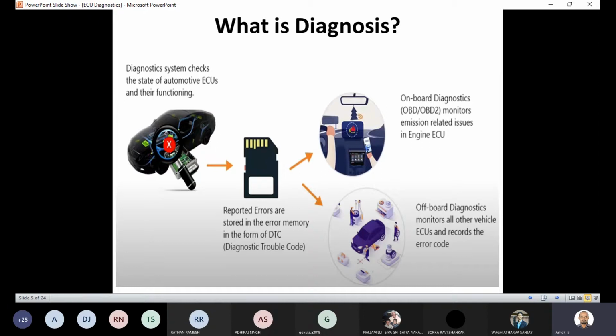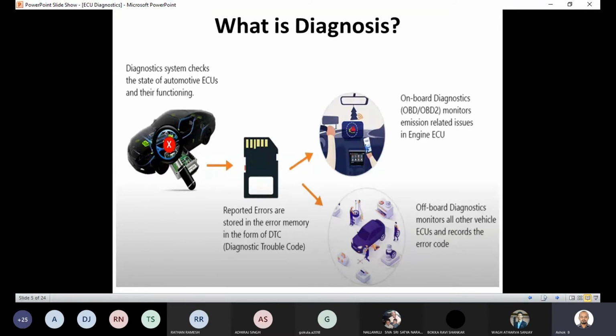If any fault is there, for each and every fault an error is associated with it, and a separate fault code will be generated. That is what we call a diagnostic trouble code, or DTC. That DTC is associated with each and every error that occurred in the particular ECU. That error will be in the form of a code and will be stored in the memory of the ECU, and